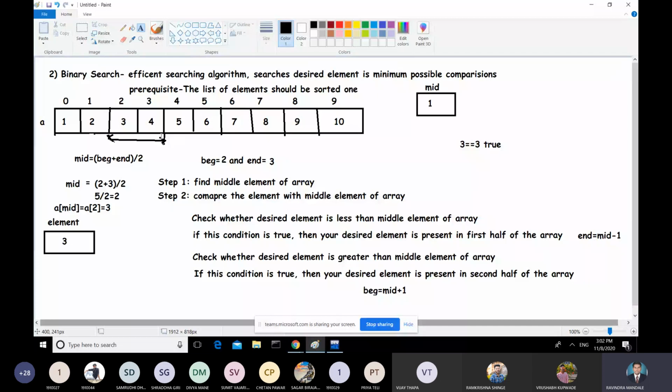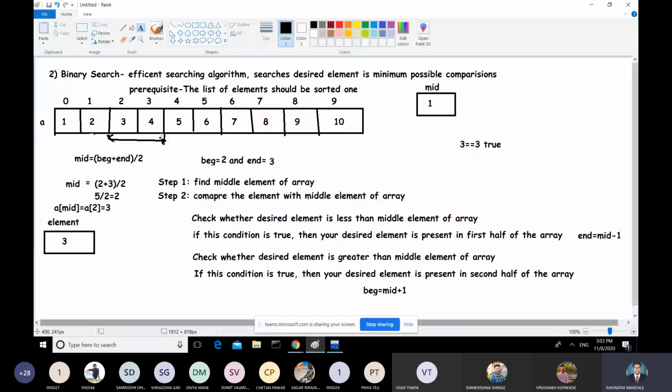Now for searching 4 in your array using linear searching, you also make 4 comparisons. Getting my point? If you are doing linear searching on 1 to 10 and want to search 4, how many comparisons are required? Again 4: 4 is compared with 1, with 2, with 3, and with 4.